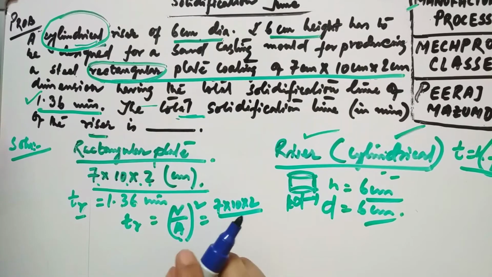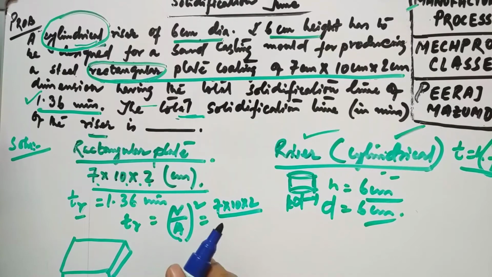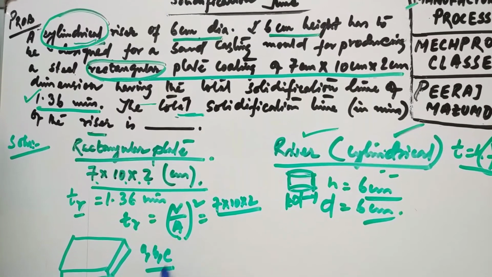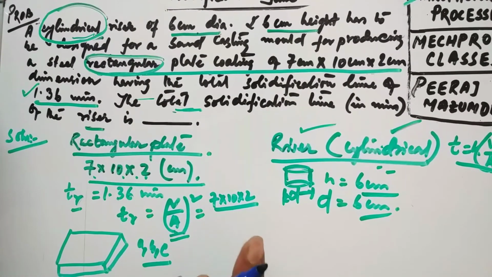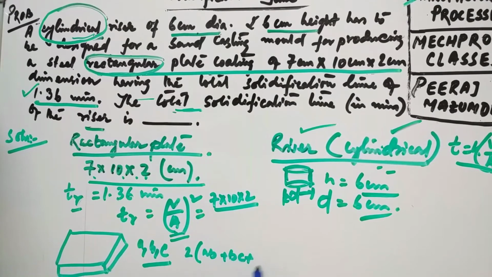Now for area, for area what you are going to do, for a rectangular shape, what is the area? Look, say this is A, B, C. We have a rectangular shape having A, B, C. Now the surface area, what will be the surface area? That is important, that you have to keep in mind. Look, the surface area will be 2 into AB plus BC plus CA.